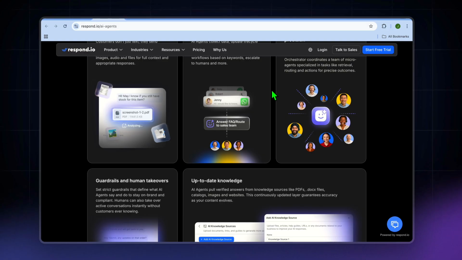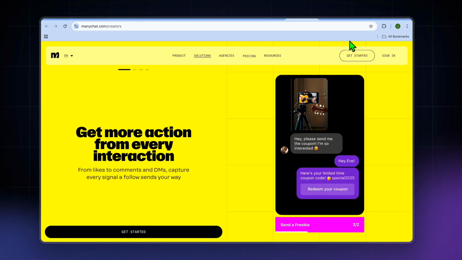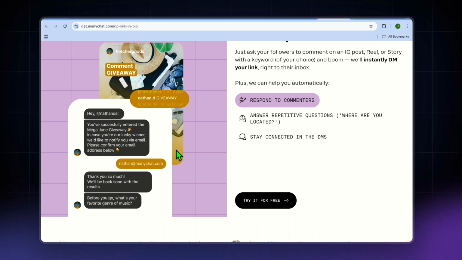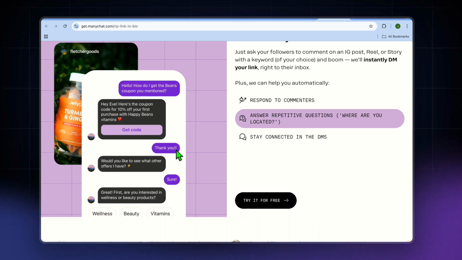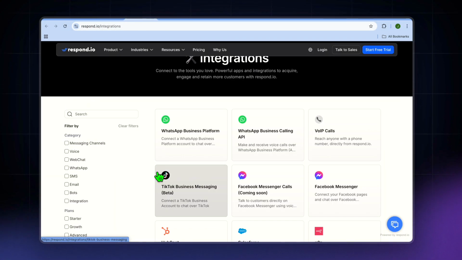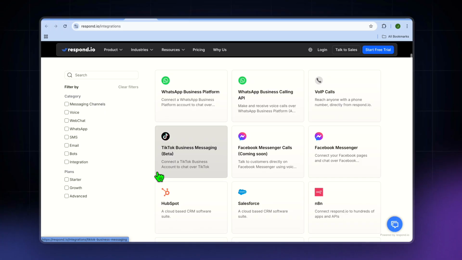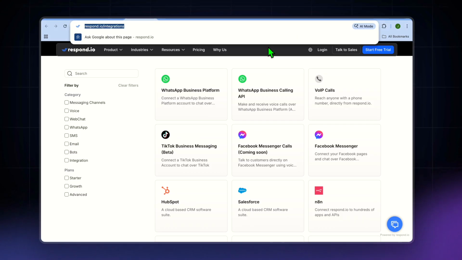First, Instagram and DM lead gen. ManyChat wins for most creators and marketers because it's extremely optimized for IG comment automation, for example, comment a keyword and I'll DM you, DM keyword triggers, fast, simple automation building, and also funnel style flows. For example, a lead magnet leading to email or SMS capture, and then from there booking, while Respond.io, on the other hand, can automate also, but it's usually used more like a sales inbox than a DM marketing machine. So if your main channel is Instagram, ManyChat is the typical winner right here.